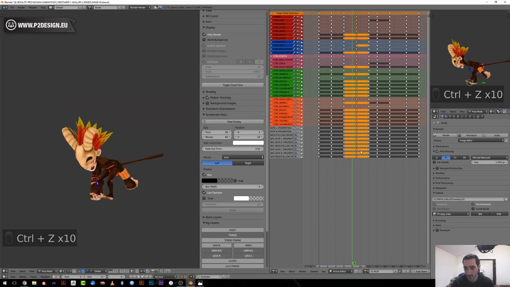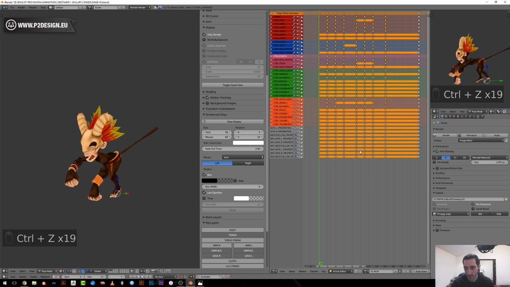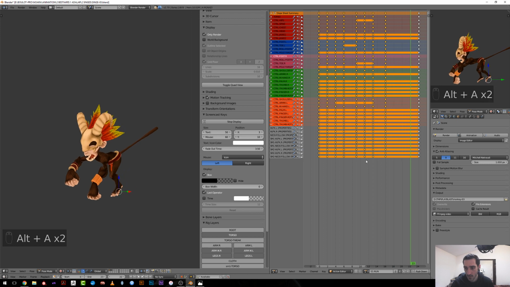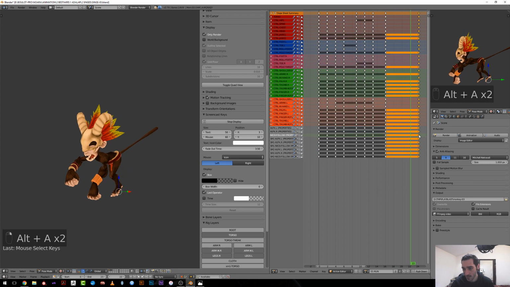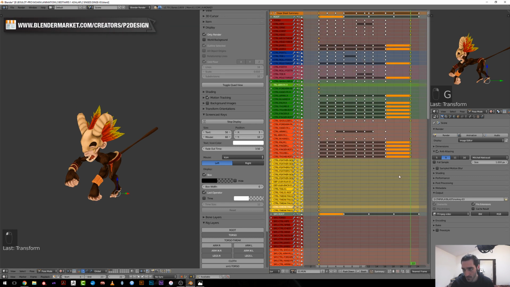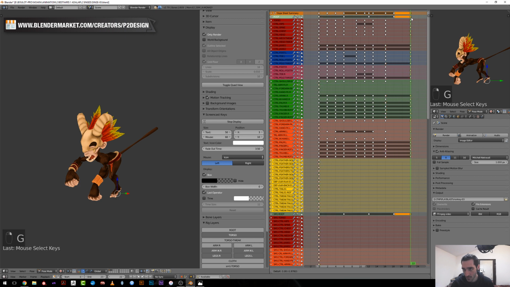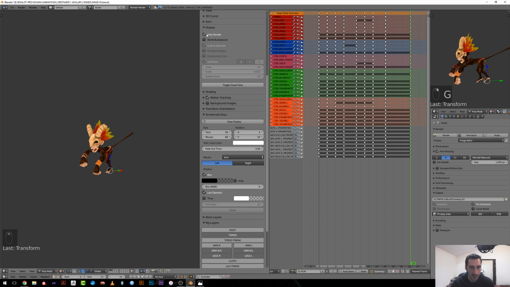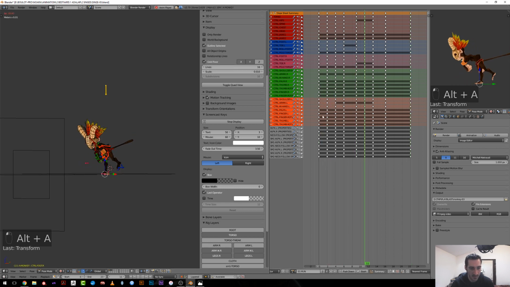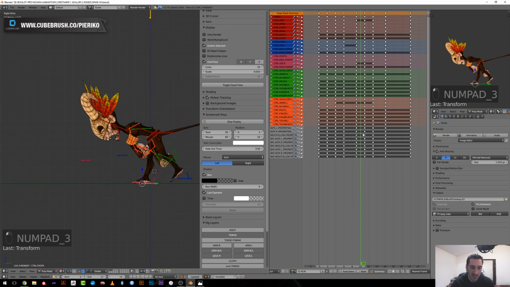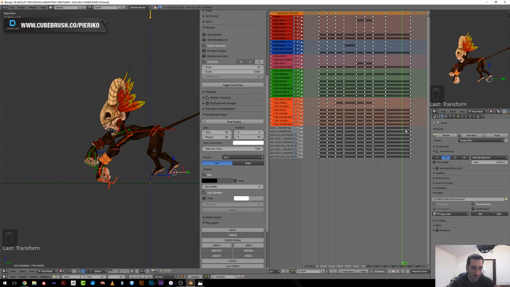Don't know if a Control Z will make it happen. Yeah, seems to. And I will make the animation slightly shorter, like 22 frames only. So what I will do is I will enable this to make sure I'm moving all the keyframes back in position. And I will switch this. So now I have enough keyframes to avoid